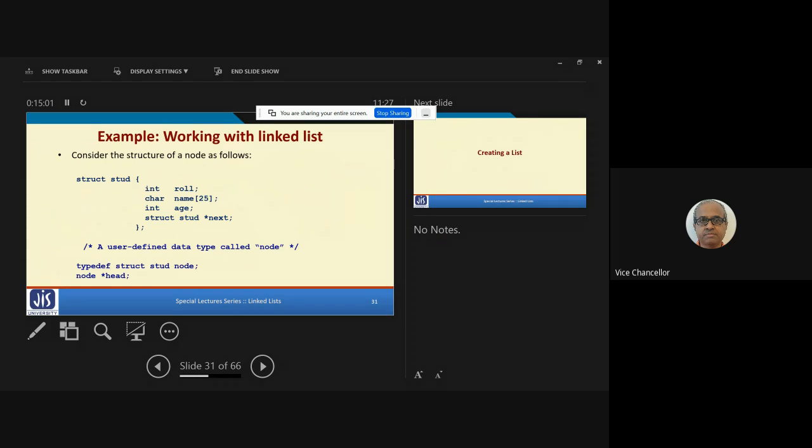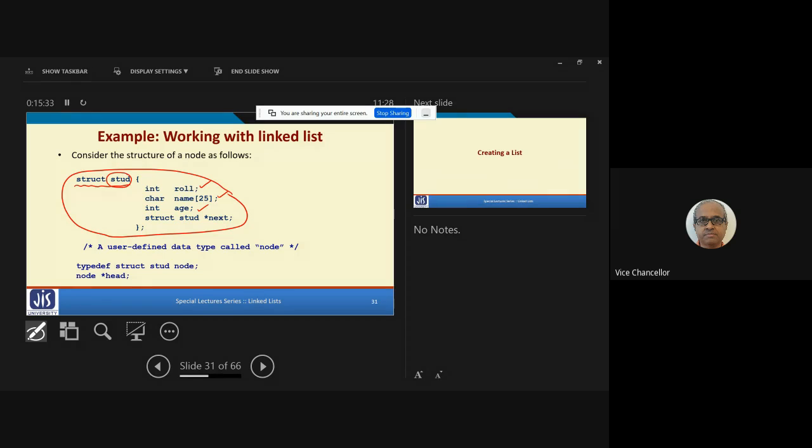The example that we are taking, we are considering that same example of a student. So let's assume that we have declared a structure like this. The name of the structure is stud. Stud is the name of the structure, and there are 3 data elements containing roll number, which is an integer, name, which is a character string, and age, which is also an integer.